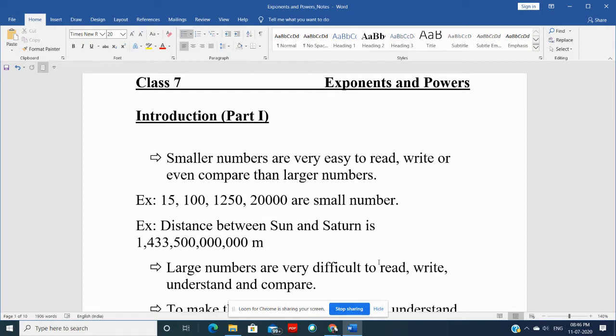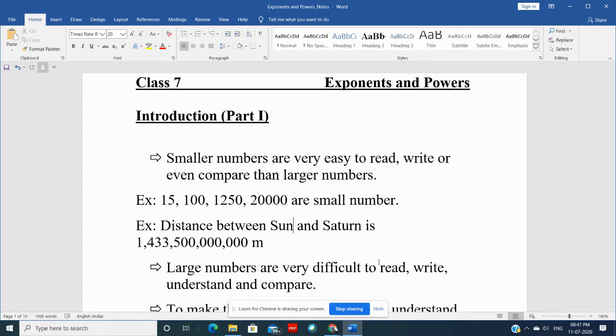See guys, when there are smaller numbers in maths, it's very easy to read them, right? Even write them or even compare them. We can compare the smaller numbers very easily compared to larger numbers, right? Like if say 1500, 1250, 20,000, etc. These are all smaller numbers, right? If they are in tens, hundreds, thousands, 10,000s, even in lakhs, they are still